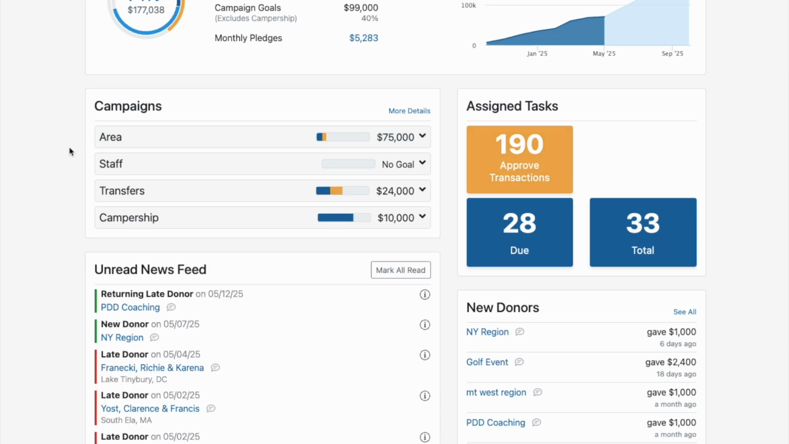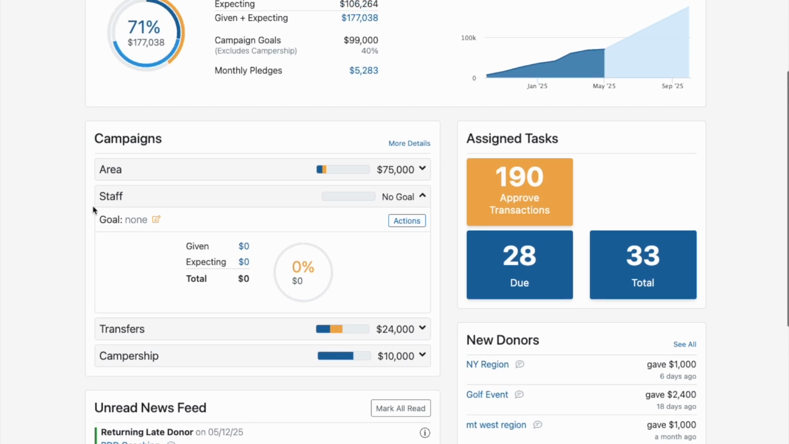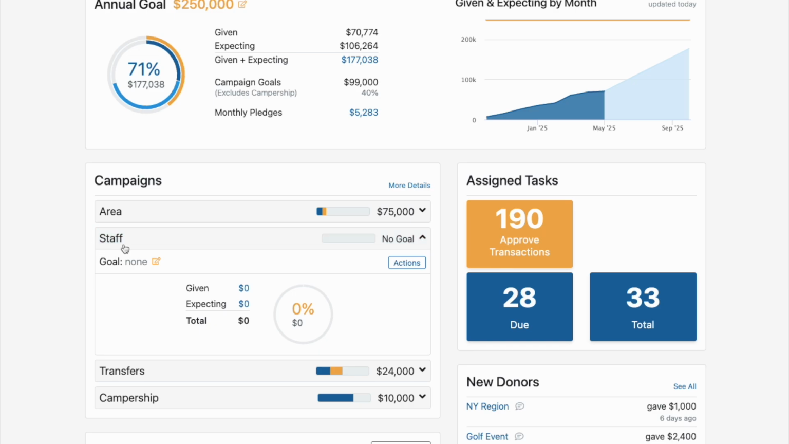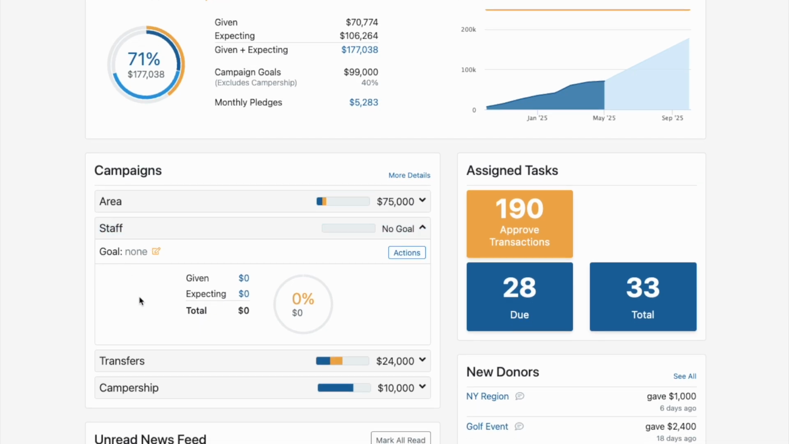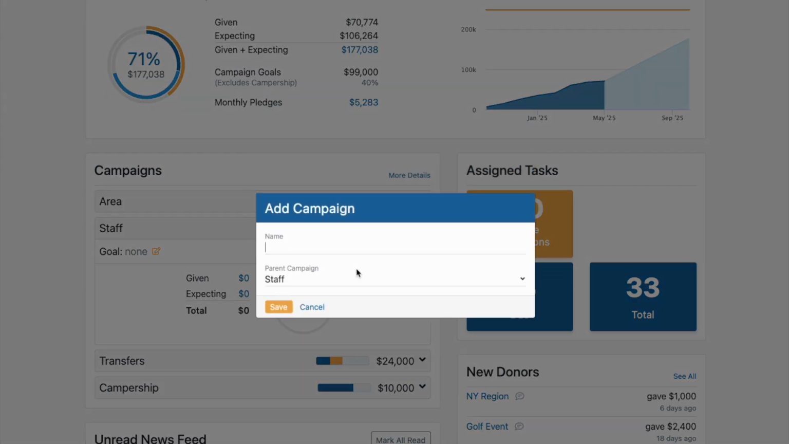But what will be helpful for you is staff, because as new staff, you are going to walk in and your area may already have this already built out. And so we're going to look into this staff one here that I haven't built out yet. So we'll build that out together. We're going to go into this actions and we're going to add a child campaign. So the staff campaign would be the parent campaign. We're going to go underneath that as a child campaign, and I'll just do myself for this